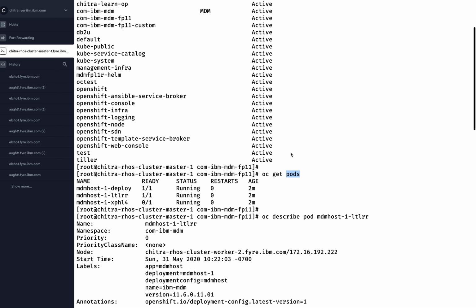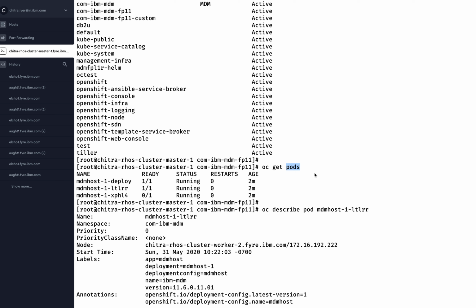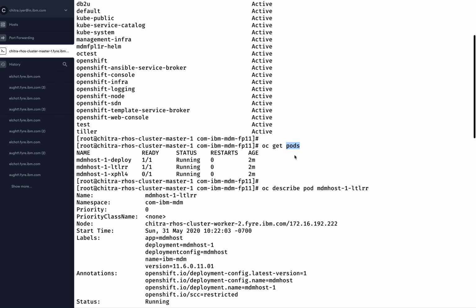So we have created an image, right? Out of this image we can spin up something called a container, and the container will be placed in an OpenShift pod. Essentially a pod contains one or more containers and zero or more volumes. We just created the MDM image: we first created a container and then we created an image out of it. In this image we are not storing any state, and in our container we are not storing any state. So our MDM containers are stateless and we do not use any persistent volumes here.